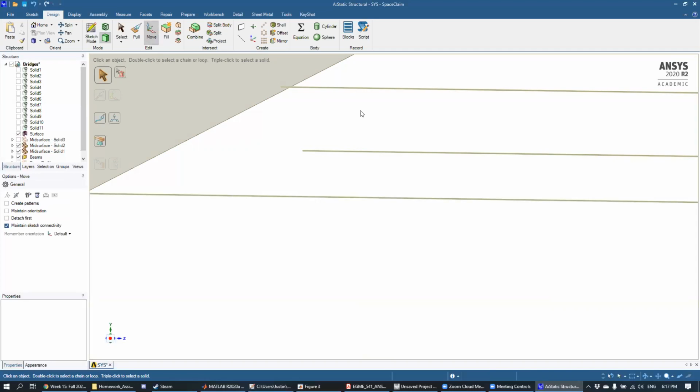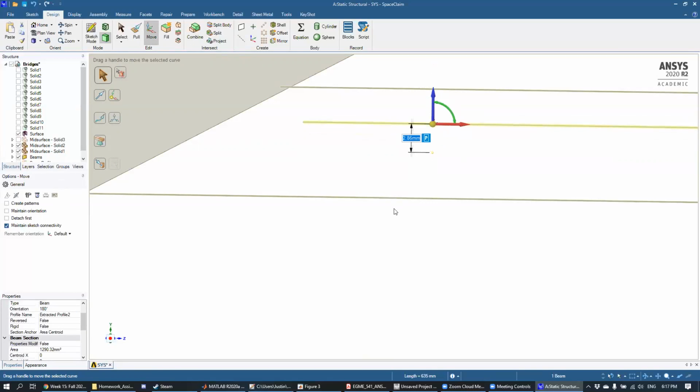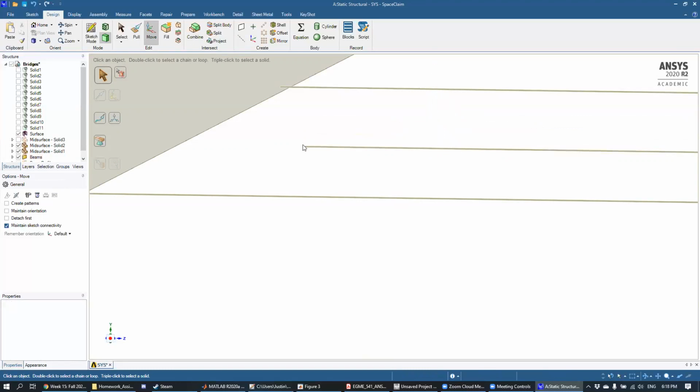Okay, so let's go ahead and click Move, and then let's click this beam. And then once you click the beam, you can see that we have arrows that appear here. And since we want to move it vertically up, we'll click this blue arrow right here, and we'll just slightly drag it up right here. Okay, so you can click and drag this to any length, but once you do that, you can actually enter the number right here, which I think is the most convenient. And so let's move it up 0.413 millimeters. Okay, and so what that should have done is that now this guy should be in line with this